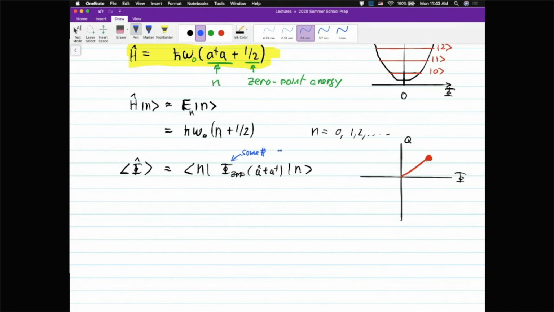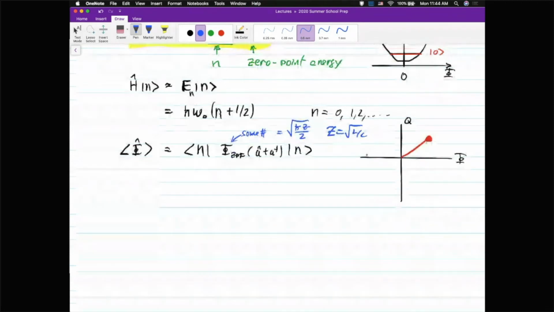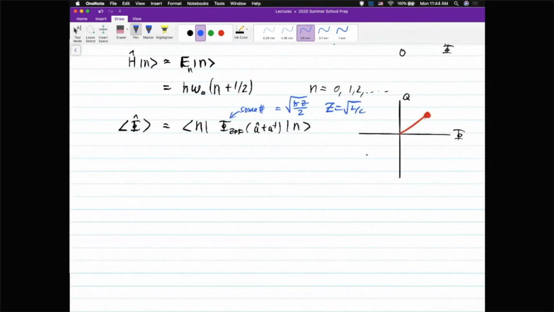That number is equal to the square root of h bar Z over 2, where Z is equal to the square root of L over C. That's the impedance of the oscillator, so it will set the scale of this. If we now apply the following,